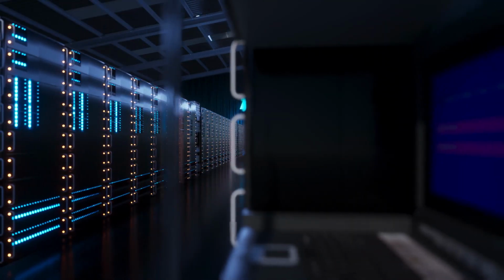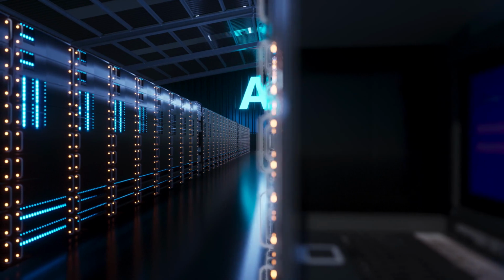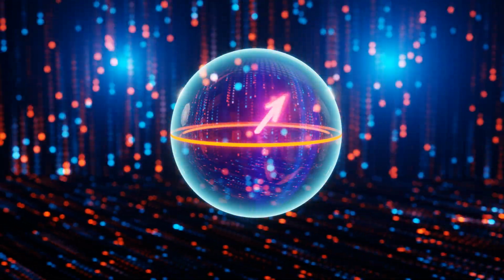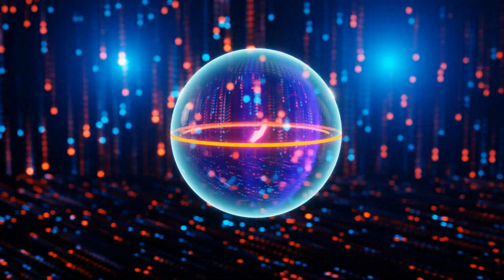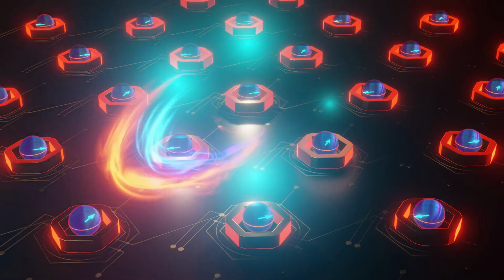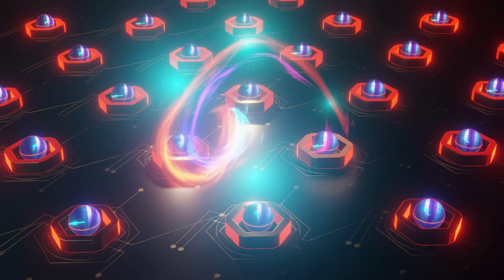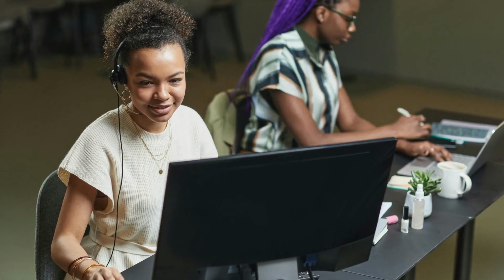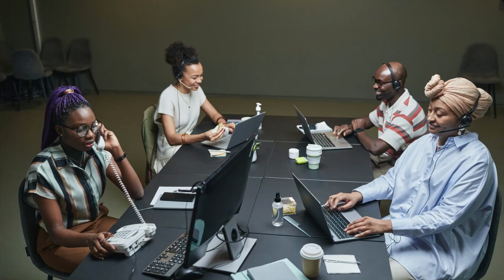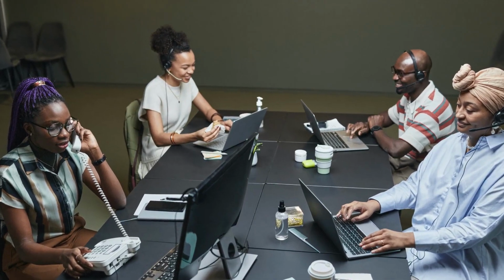Quantum computing is an exciting field of study that holds the promise to revolutionize the way we solve complex problems. Unlike traditional computers that rely on bits to store and process information, quantum computers use quantum bits, or qubits, which can exist in multiple states simultaneously thanks to a phenomenon called superposition. This ability to exist in multiple states at once gives quantum computers an incredible advantage over classical computers in certain